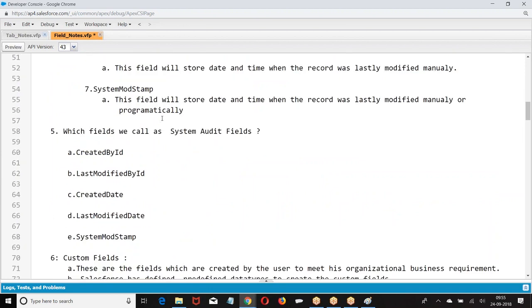See boss, I have 1 million records. You deleted 1 million records. If every record you delete, you save in the database, what will be the size of your database? What will be the time for processing your database? You are giving an option here, boss. When you delete a record, it should be deleted permanently. But if there is a possibility that you may need the record again, that is the reason they gave a time frame of 15 days. Now if you ask why 15 days, it's a Salesforce limitation.